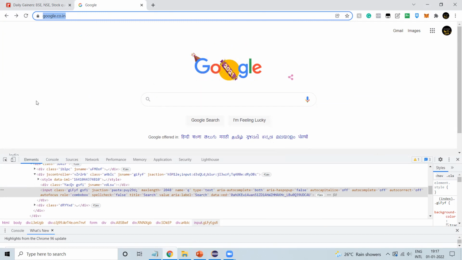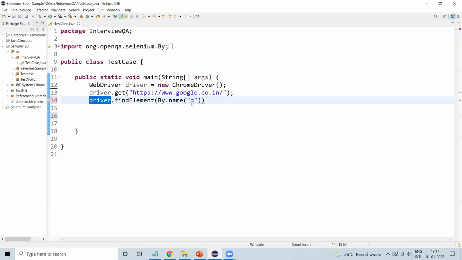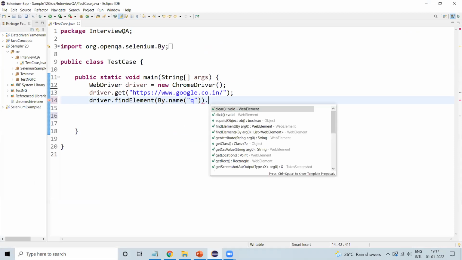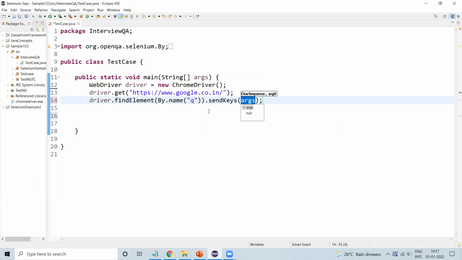So what is web element dot find element? Now we know that with driver dot find element we find the locator, and we can add sendKeys. We can give any keys over there. Suppose I give the text EST time now, and then click enter with Keys dot ENTER.